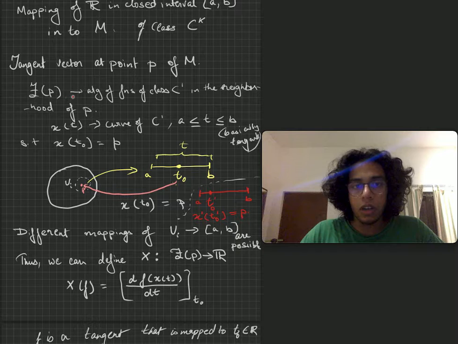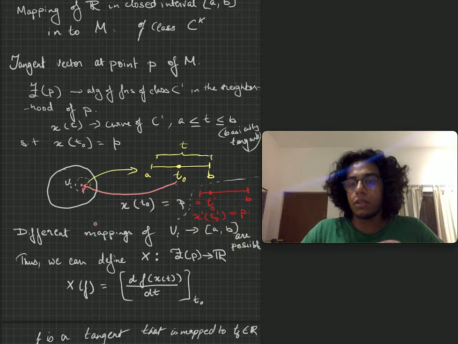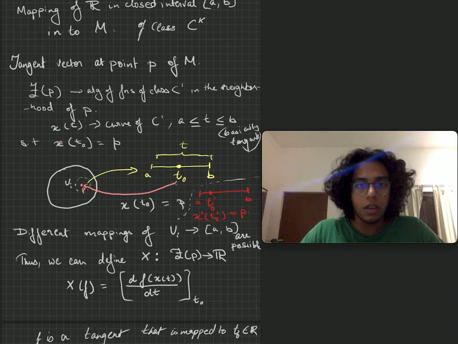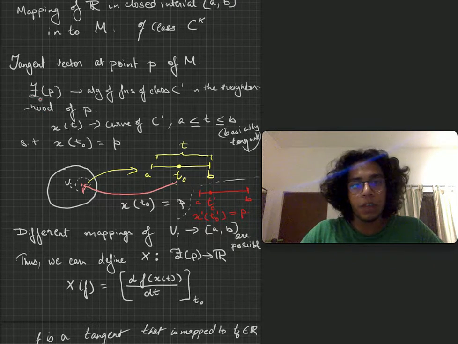Now consider capital F of P, okay, to be the algebra of functions of class C1 in a neighborhood of P. So first, as I'm reading through it, it'll sort of seem dry and uninteresting. But later I'll come back to the definition and the intuition behind it in a bit. Alright. So capital F of P is an algebra of functions of class C1 in a neighborhood of P. What is class C1? Class C1 means differentiable exactly once.